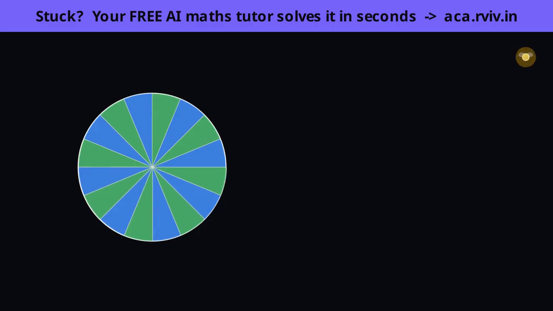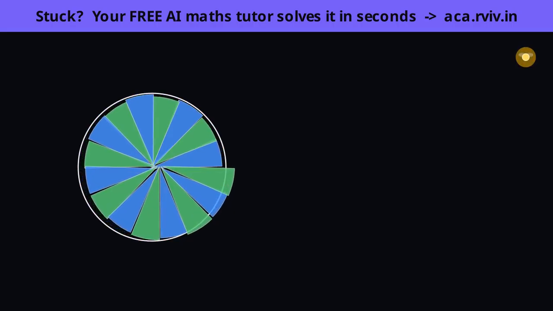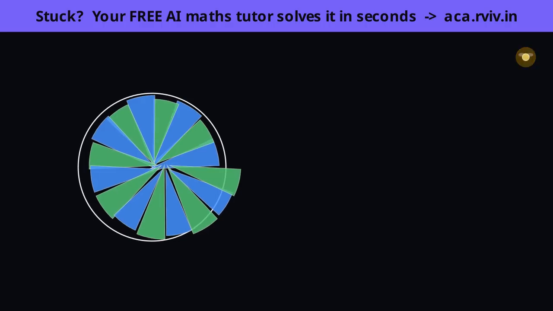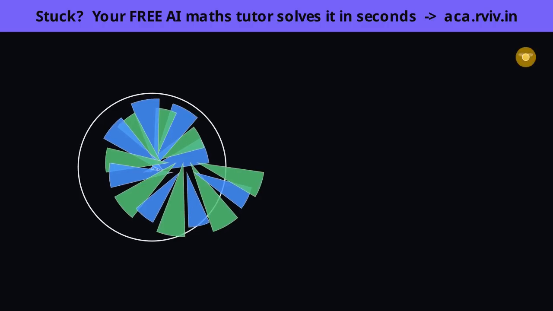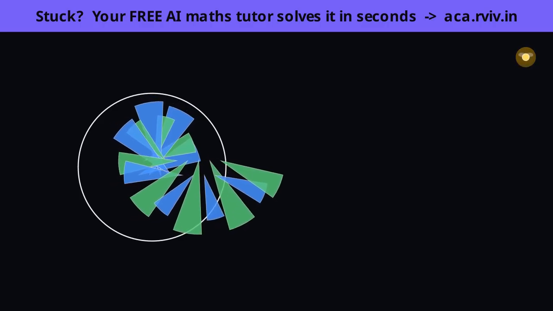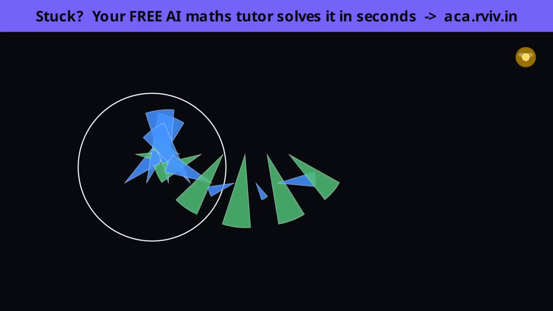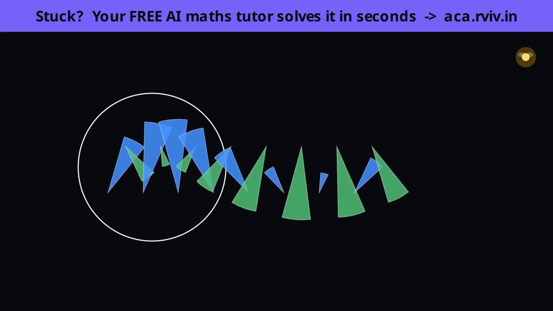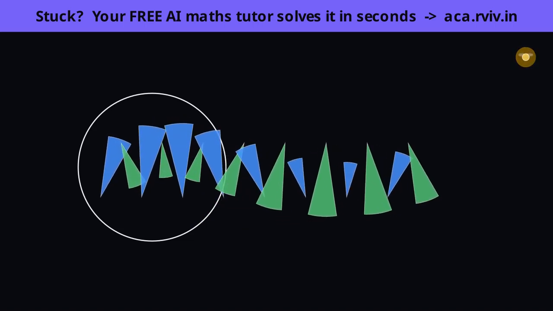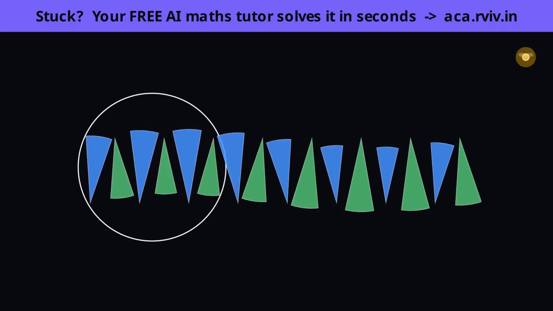Here's the clever bit. We fan the slices out and lay them side by side, but flipping every other one: this slice points up, its neighbor points down, up, down, all the way along. Why alternate them? Because the pointy tip of one fills exactly the gap left by its neighbor, so they interlock with no space wasted. Notice we haven't added or removed a single scrap of the circle. We've only rearranged it, so whatever area we started with is still all here.